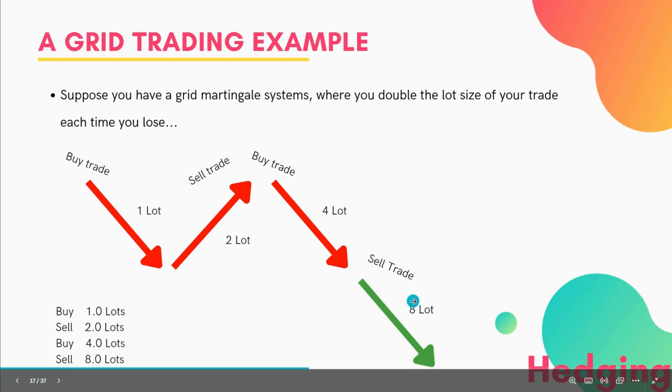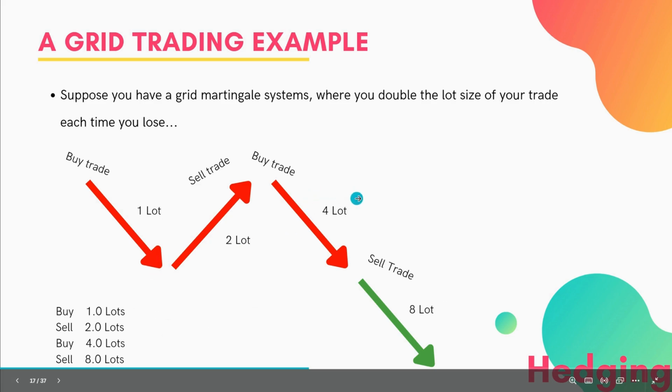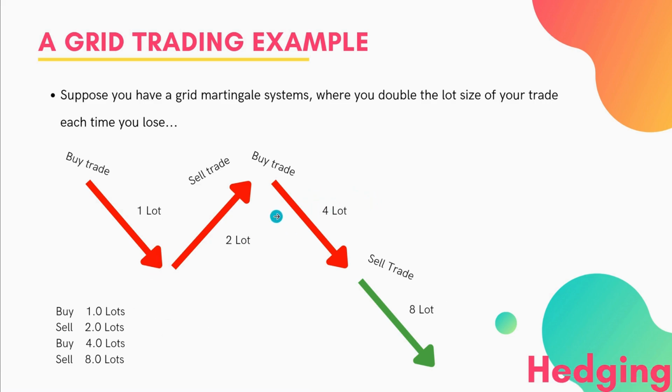And we've opened 8 lots because we've had to double. And you can see how quickly this martingale system would cause a problem. At this position, we have 15 lots open. So we're incurring the swap fees for 15 lots if this was running over a long period of time, which